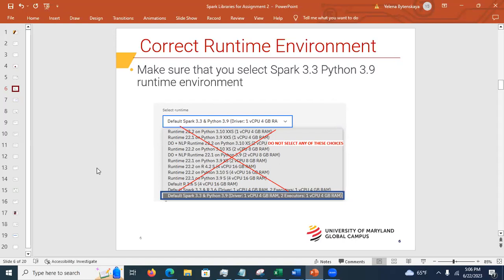For some time, they have both environments, but we don't know for how long. It does not say, there is no ETA, nothing. It does not say when Python 3.9 will be removed. So if you are submitting the assignment late, or if you have an incomplete for this assignment, for any reason, please bear in mind that it's quite possible that Python 3.9 will be gone, okay? Just keep that in mind. I don't know when, we don't have the exact date, we don't have the exact time, but 3.10 is there,